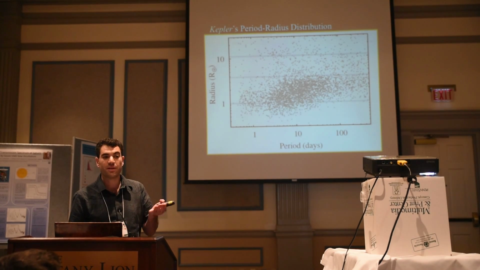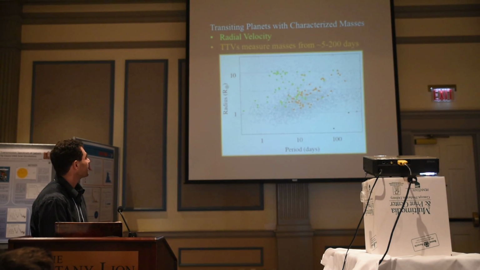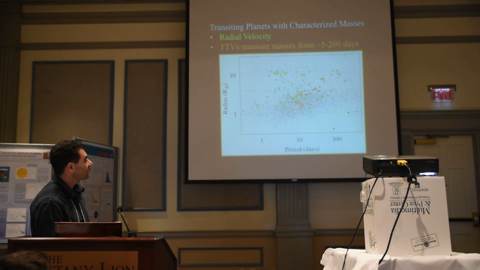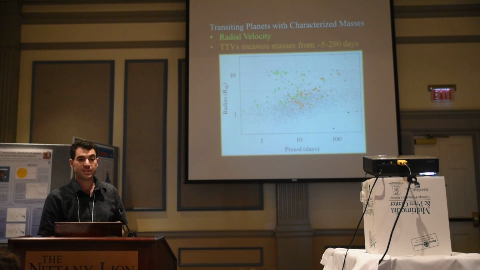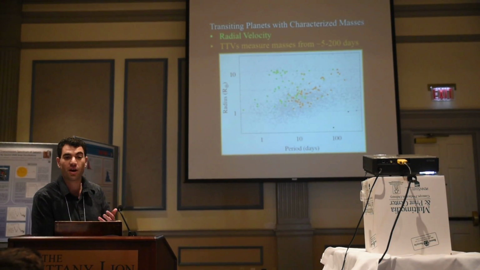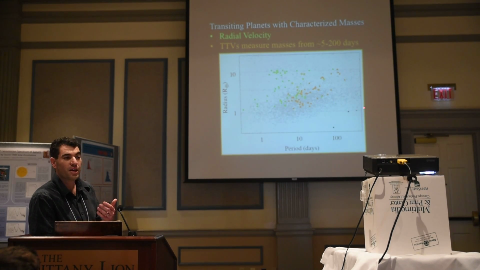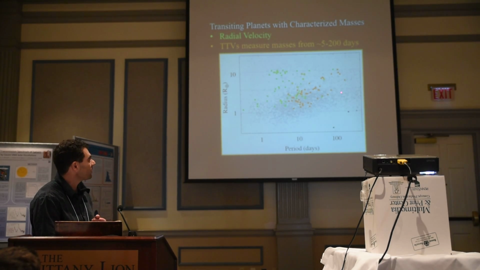And so for most of these planets, we're never going to get their masses, we're never going to be able to characterize them. And here's a sample of the ones that we have been able to characterize. In green, I've got the published radial velocity masses, and they sort of range from the closest to the star out to the region here. In TTVs, we're measuring planetary masses from about 5 to 200 days. So it complements the RV sample really nicely. There is some overlap as well. There are some planets where there's both RV and TTV data, which is fantastic. But we're managing to push the detection of low-mass planets and characterize them out towards the habitable zone